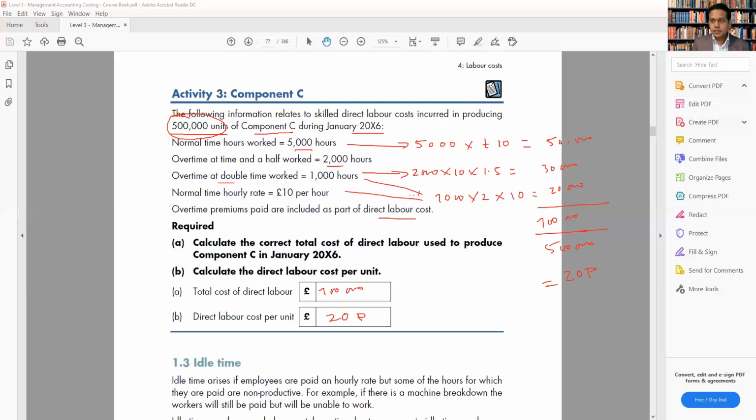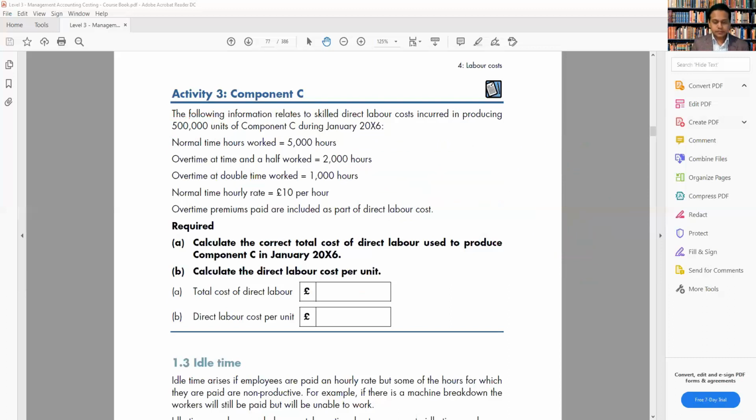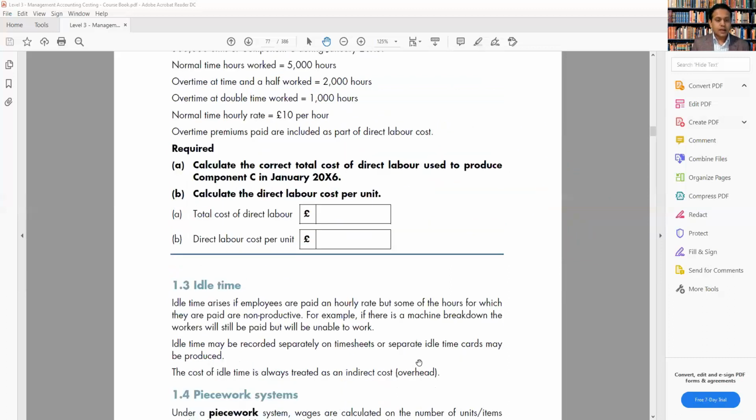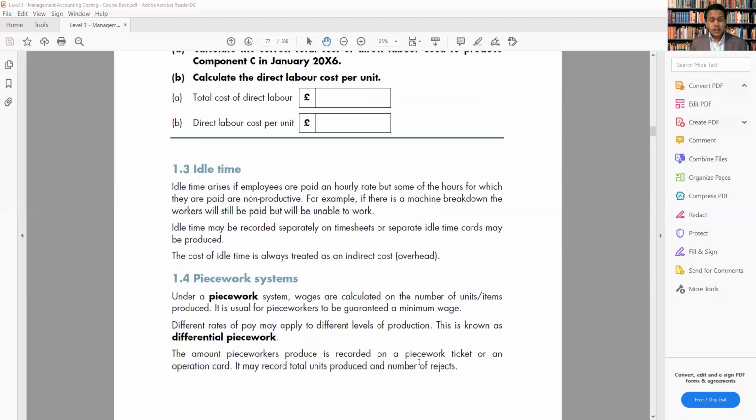All right, so let's move on to the next topic. The next topic we have is idle time. Idle time is the time when employees get paid without doing any work. For example, you are working in an office and suddenly your computer stops working. Now this is not your fault, but obviously the time you spend will get paid for